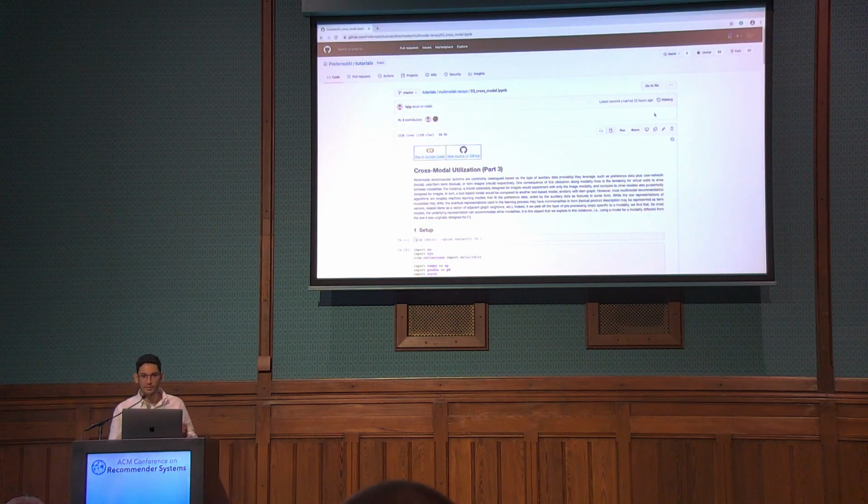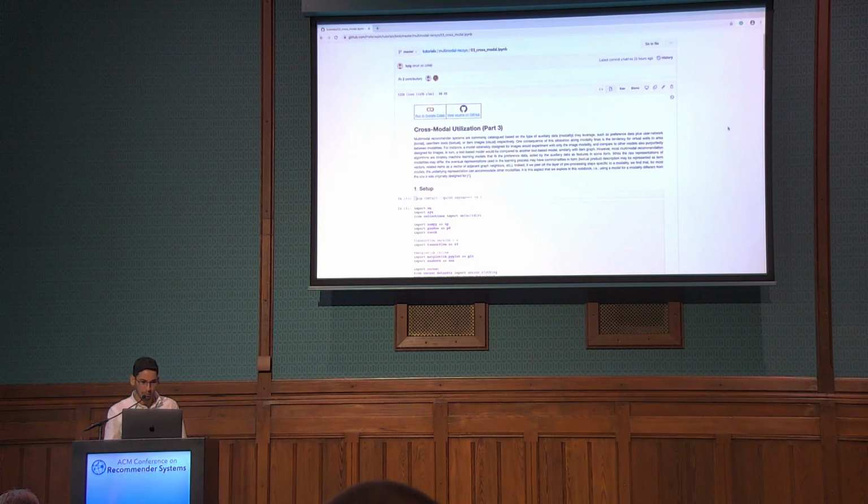Okay, so this is the third part. I guess you are already on the repo. So please feel free to open the third part on cross-modal notebook. So just to put a little bit of context, I think many of you have anticipated this aspect before, which